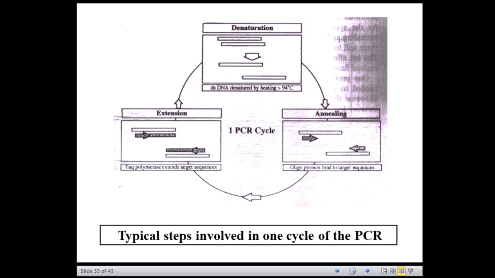So if another round of DNA synthesis is allowed to take place, the new strands as well as the original strands will be used as templates. So these strands by themselves become templates for the next cycle, the second PCR cycle, and subsequent cycles. The most interesting feature is that the products obtained from the new strands will have a precise length, delimited exactly by the two regions which are complementary to the primers.